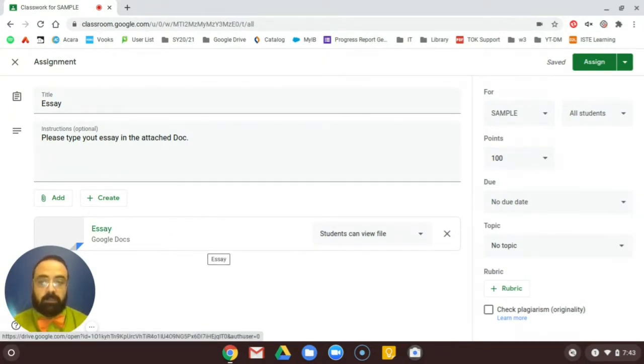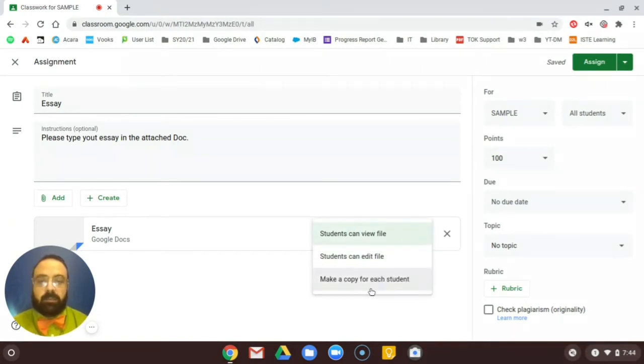It's just a blank document titled essay so that the students can type their essay directly into that, so I know that they're using a Google Doc. It doesn't have to be a Google Doc for the plagiarism reports, but I find that it works better. The important thing is with the template, you need to change this setting so that it says make a copy